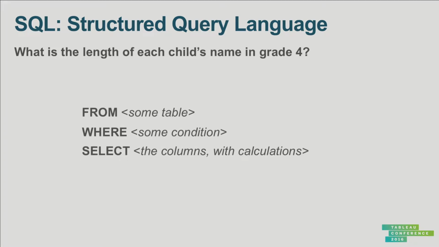Okay? So the basic structure of the simplest SQL query. So SQL is what's called the structured query language. It's very standard. It's been around for ages. It's a horrible, horrible, horrible thing, but it's very powerful. Okay? So the basic structure of a SQL query has a from clause, a where clause, and a select clause. The from clause tells me what table I want to pull data from. It may be more than one table. In this case, it's the child table. I say from child. The where clause tells me what condition I want to hold for each row. So in this case, it is I want grade to equal 4.